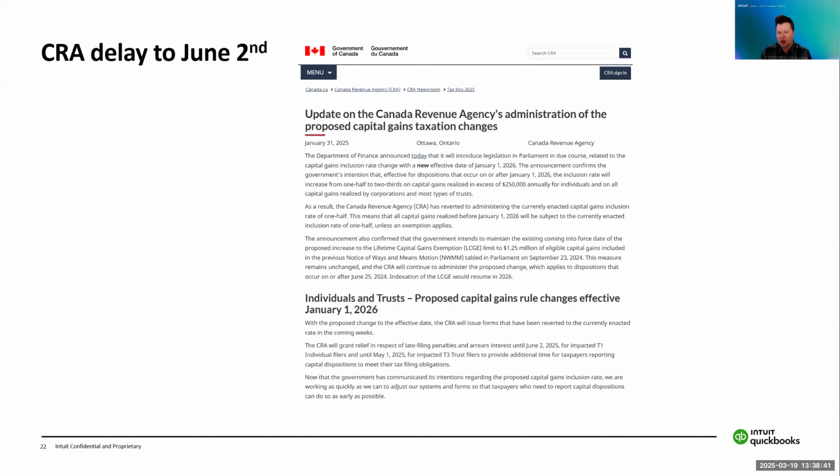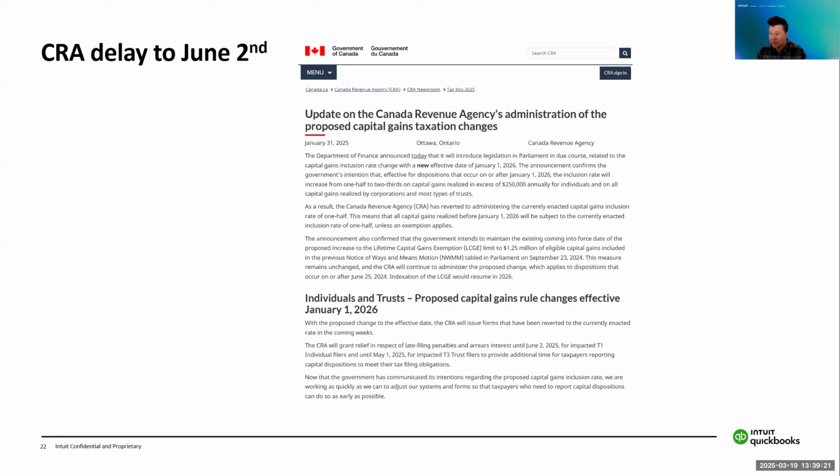Just 2 days ago, I was working on a client's tax return, attempting to file their personal tax return, and was not able to do so yet because the CRA has not updated those forms, which means that the tax programs haven't been able to update their forms yet either. So as part of that, the CRA is delaying filing on clients that have capital gains or whatever they mention in here, but the primary thing is the capital gains, until June 2nd.